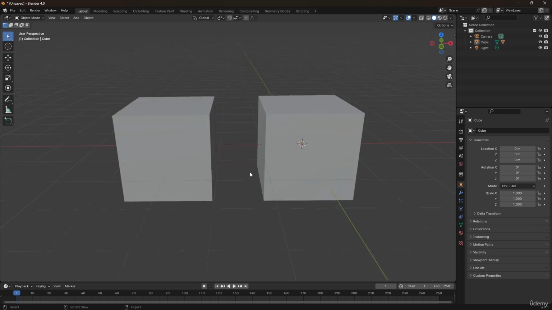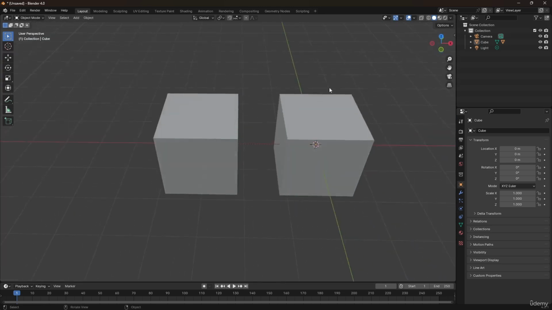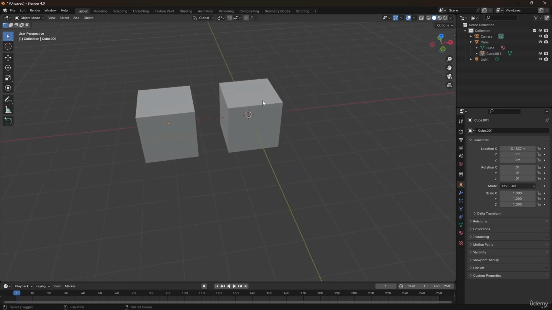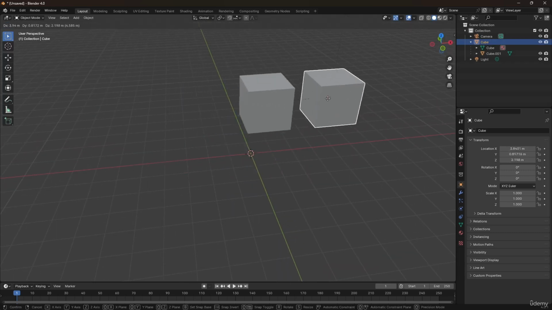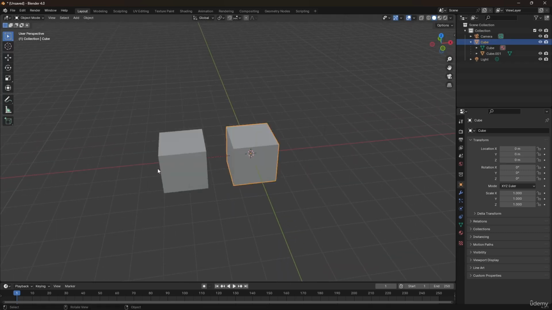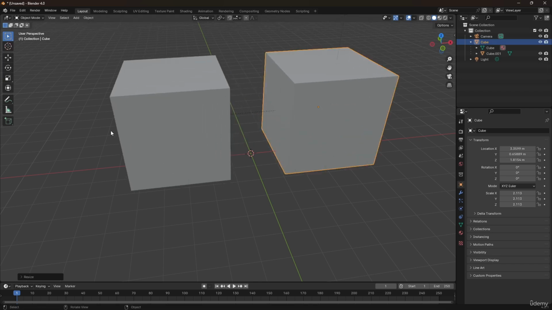As soon as we do that, you'll see this relationship line between these two objects. Also, if you look in the outliner, we have our parent object and then there's a hierarchy, so inside that we have our children object. When we parent two objects together and we select the parent object and start transforming it, the children object is going to be affected by the transformation of the parent. So when we move, rotate or scale the object, all of the transformation will be applied to the